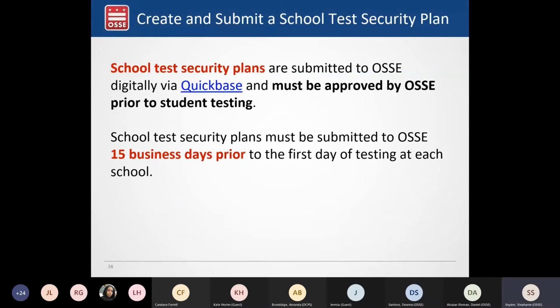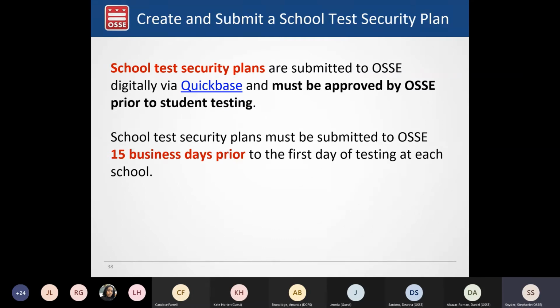The submission of those school test security plans comes through the QuickPlace application, and those plans do need to be approved by OSSI before students actually start testing. And we're asking that they are submitted 15 business days prior to the first day of testing. We understand things are strange and ever-changing this year, and are open to providing some flexibility in terms of reviewing school test security plans before they're actually submitted, and partnering with LEAs and schools one-on-one to make sure that your plans are in alignment with what's expected before you actually submit.